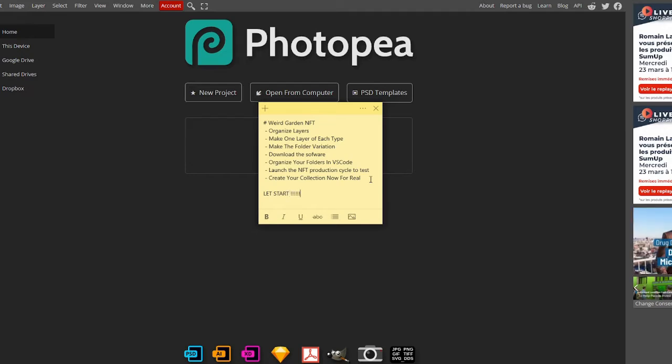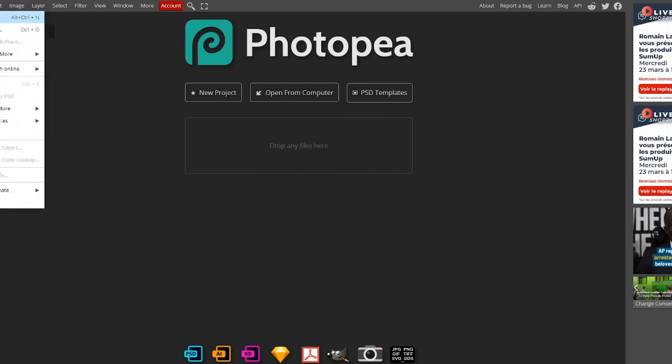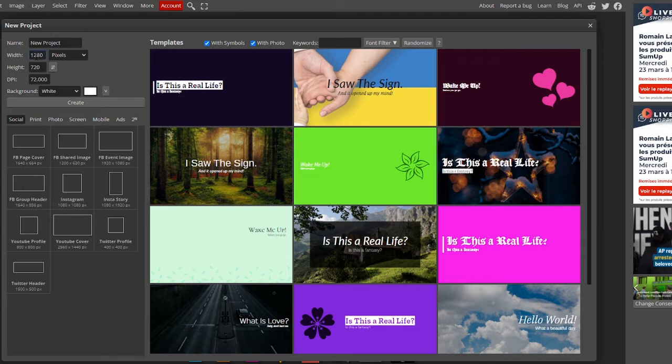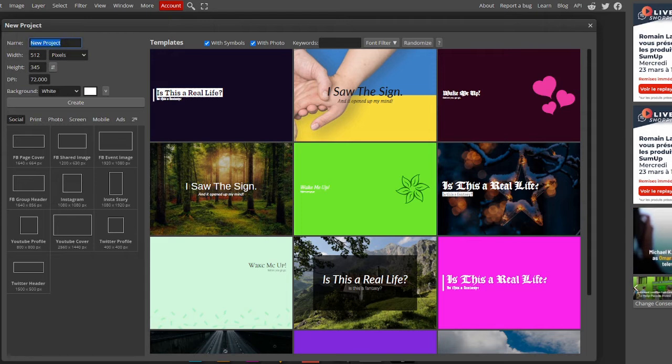So there will be chapters. You can jump straight away to the chapter concerning what you want to do. I'm not gonna really explain the details on how I'm making those layers, because there's another video, part 1, telling you how to make those layers, but I'm going to try to make it as quick as possible. So here I'm going to just create a new project on Photopea,